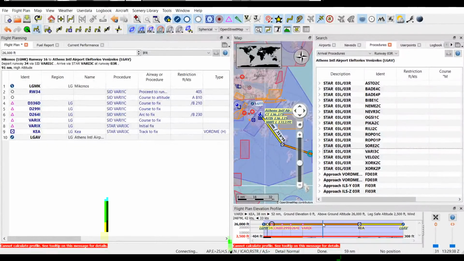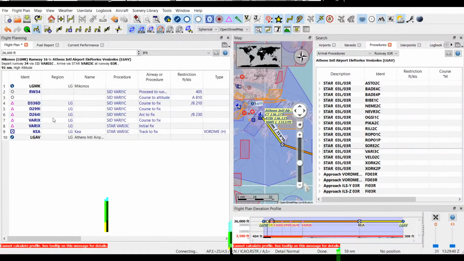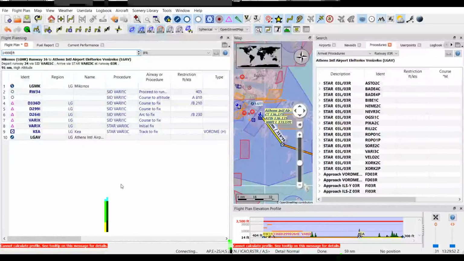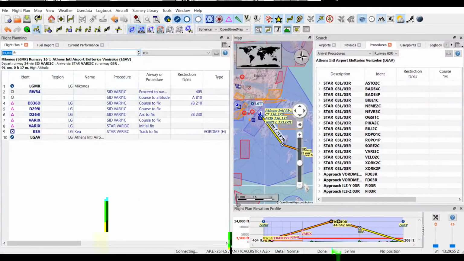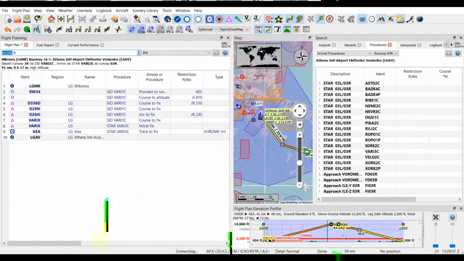So here you see how this is going to change when you change the feet here. Now we're going to put, because here you see you don't have a top of climb, you don't have a top of descent. I'm gonna put this in, let's say 14,000 feet, and there you go. This changed already. It's not of course a proper calculation for the height, but out of experience flying